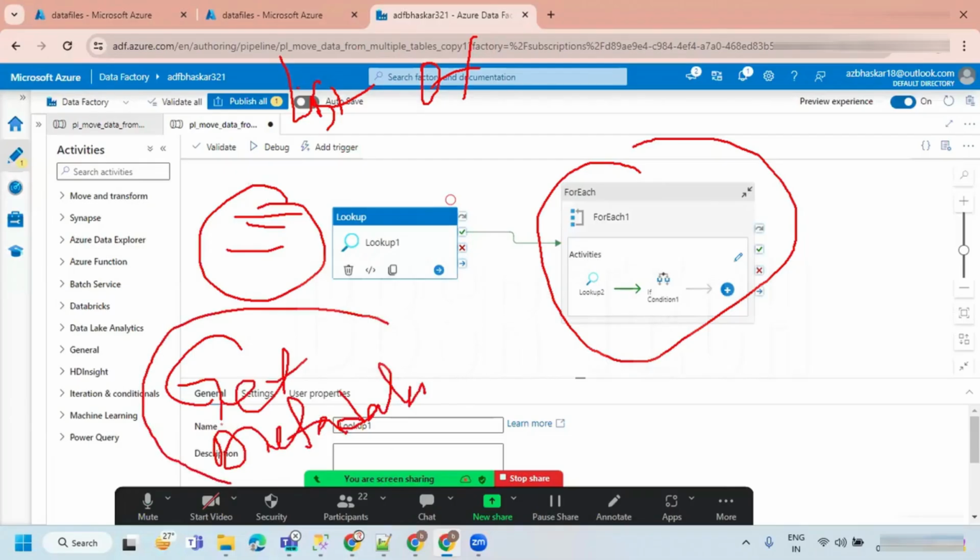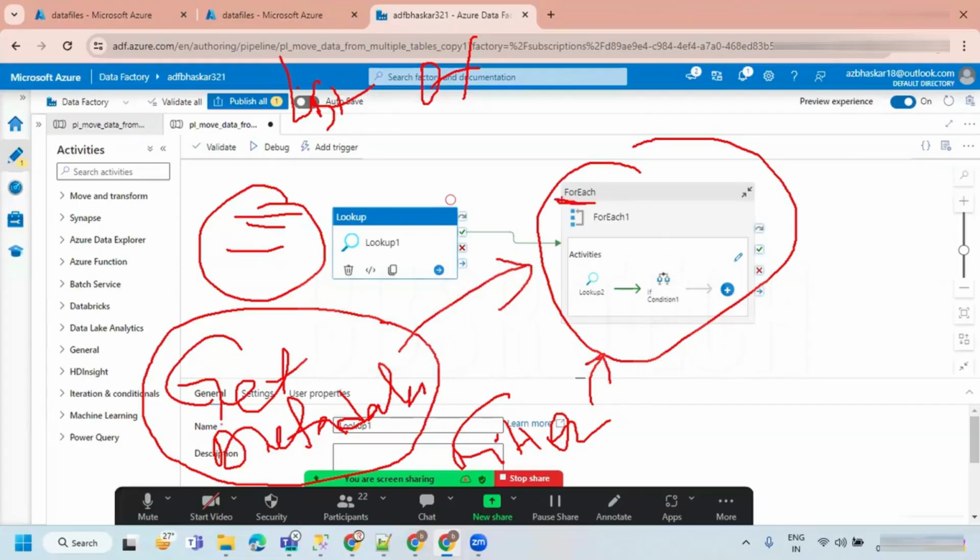So we can also give the output of this activity to the for each activity. And I have a filter activity. Filter will also give a list of items. So we can give the output of the filter activity to for each. It depends. The only thing is that for each will accept a list of items. Simple. A list of items will be returned by the lookup activity, get metadata activity, and filter activity.